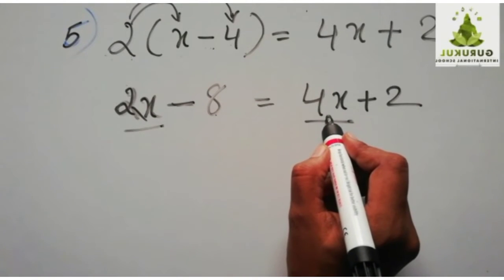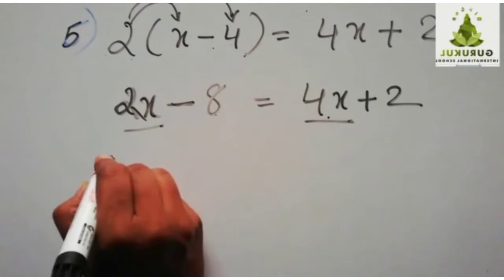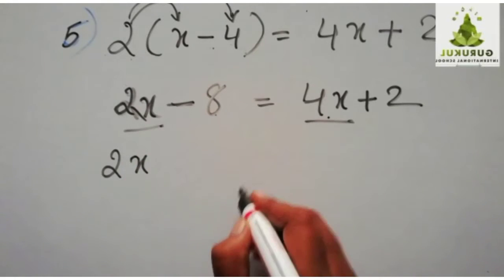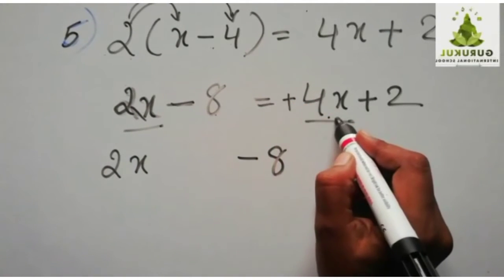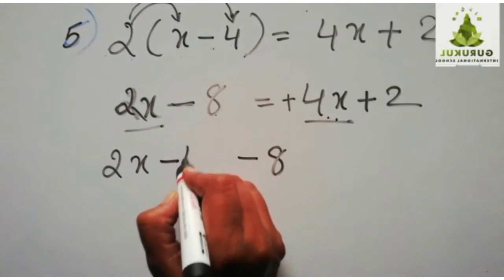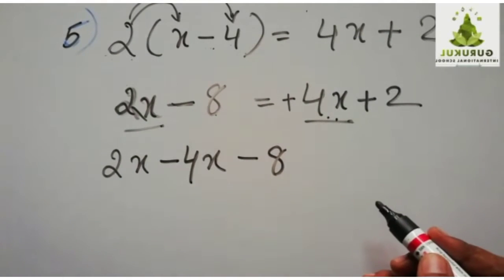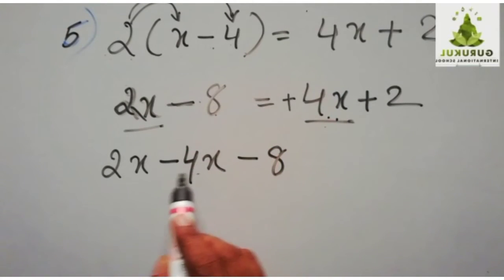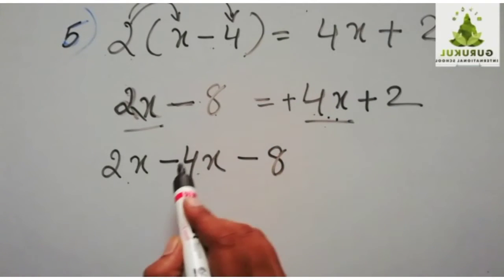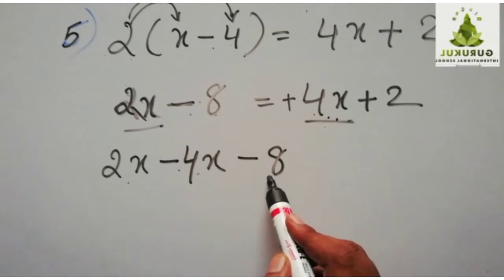Is it clear to you? So you can bring the x terms together to one side. So 2x is here, minus 8 also is here. You bring this plus 4x to the other side. It becomes minus 4x. Is it clear to you? Plus 4x I brought to the other side so that the like terms come together. So it becomes minus 4x. Then what is remaining? Minus 8, as it is, I wrote.